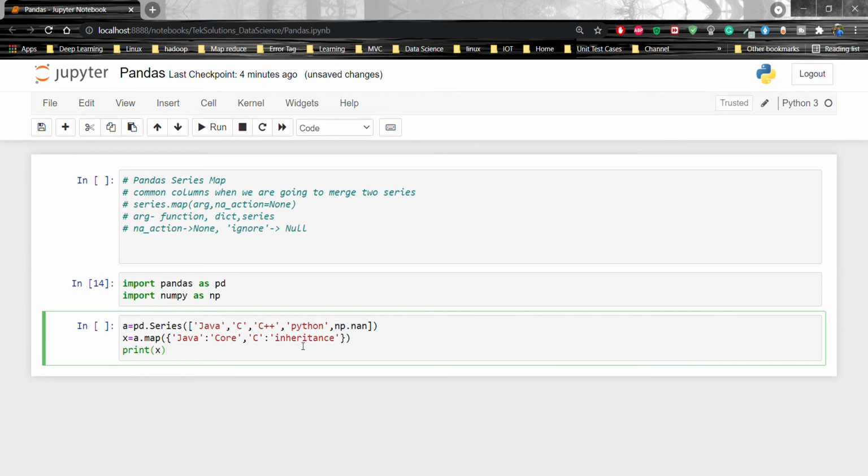So what will be mapped? Java is going to map with core, right? And C is going to map with inheritance.